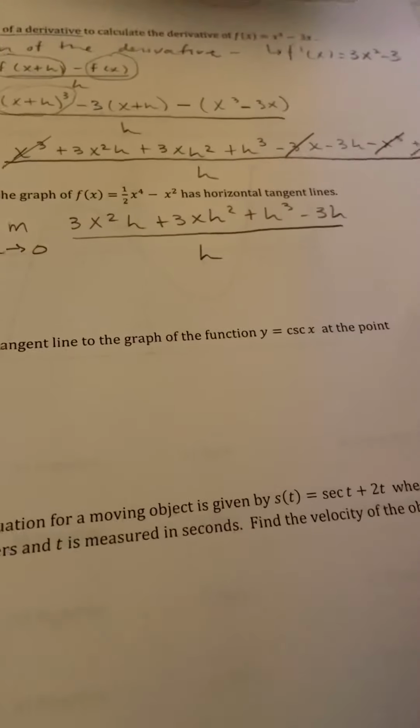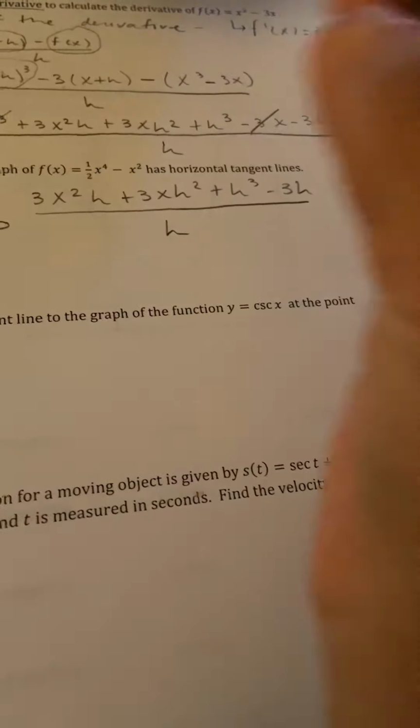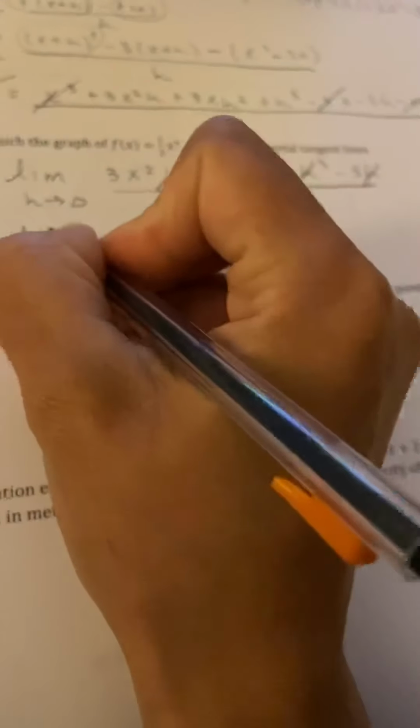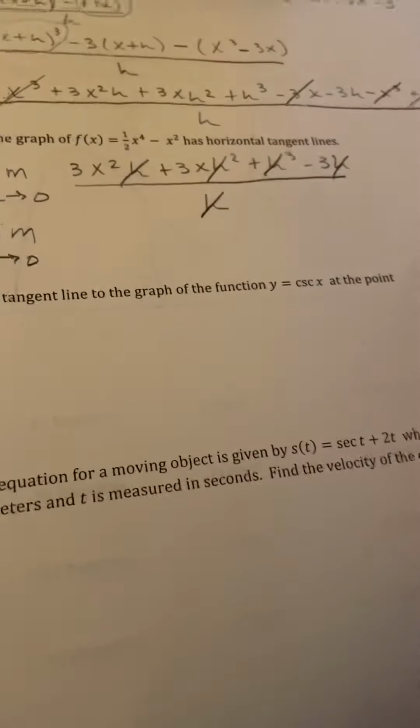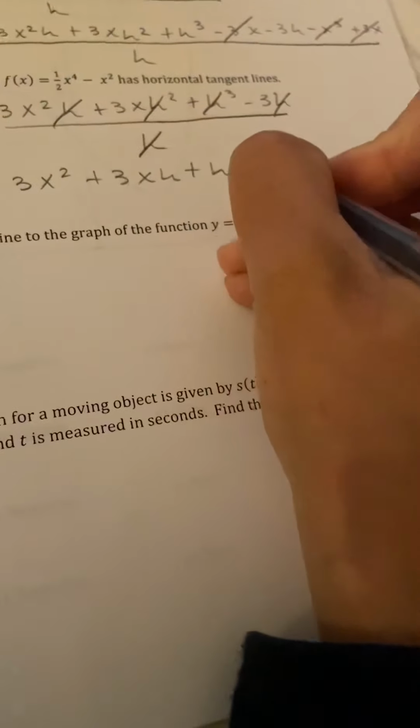Now I have every single term has an h in it, so we can cancel one h out. So those h's cancel. And now what we have left here will be 3x squared plus 3xh plus h squared minus